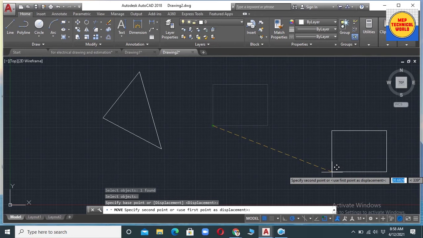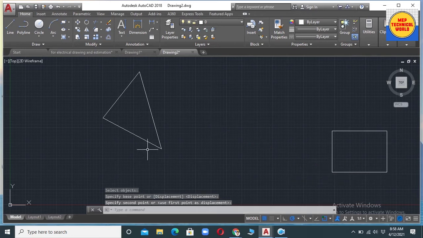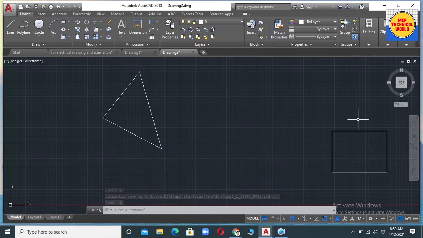As you can see, this rectangle object is now moved from here to here. So this is the way we can use the rotate command and move command. Now let's move to the electrical drawing, to see how to use these two commands while we are working on it.